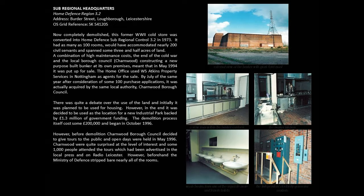Sub-Regional Headquarters. Home Defence Region 3.2. Address: Burder Street, Loughborough, Leicestershire. OS Grid Reference SK541205. Now completely demolished, this former World War II cold store was converted into Home Defence Sub-Regional Control 3.2 in